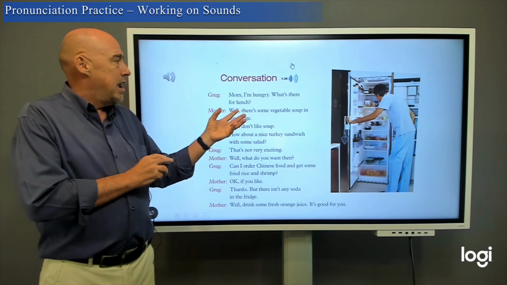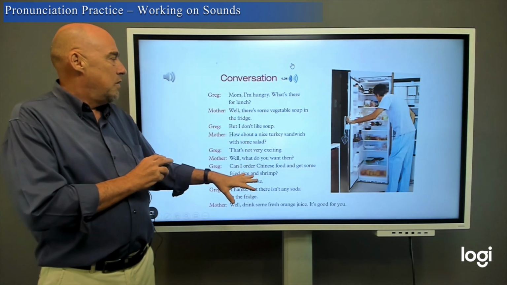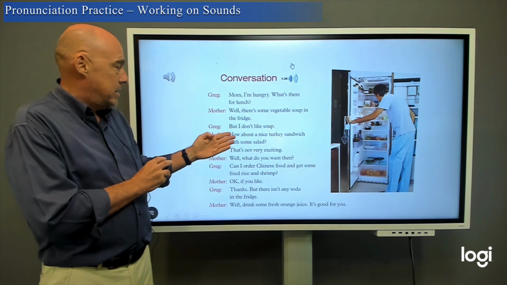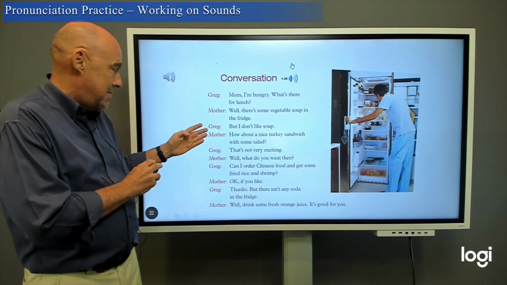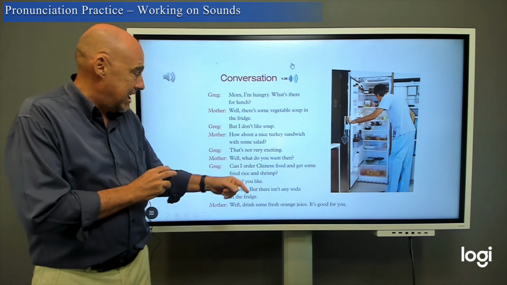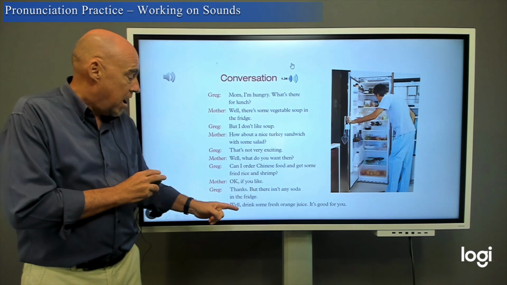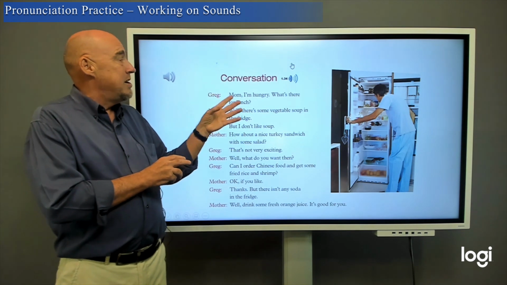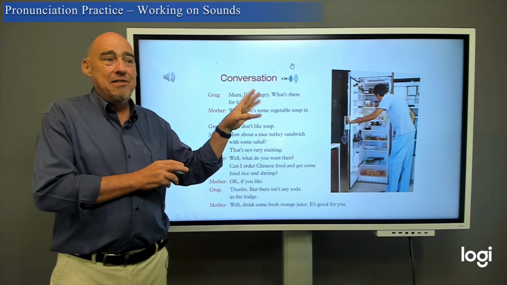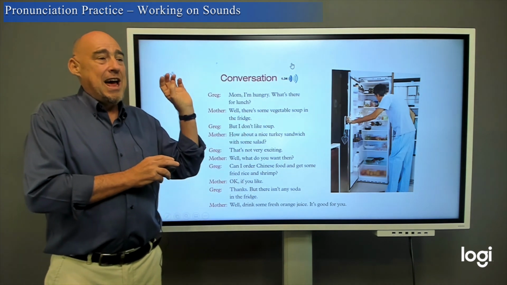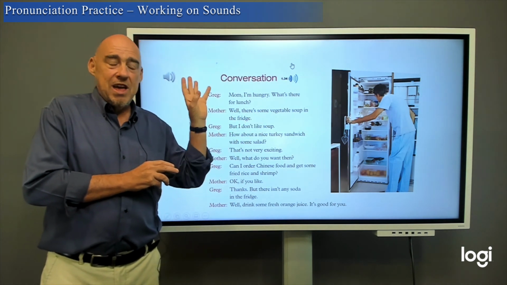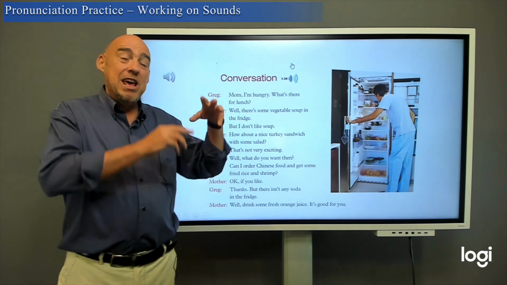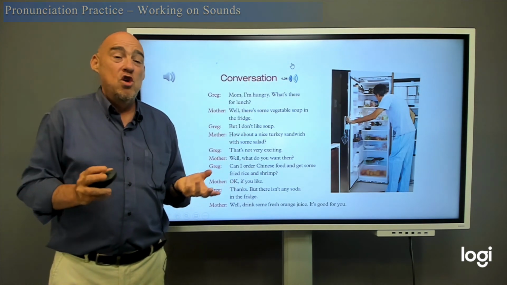And then it's also followed up in the conversation. So if you look, you'll find that the ch sound is there. We've got the sh sound somewhere. The ch sound again, Chinese, shrimp. All of these sounds will come up again. So you see, even with the series, we've already got that mix of imitative and integrative, and then you can bring in some of that analytical as well to make it a complete lesson for your students.